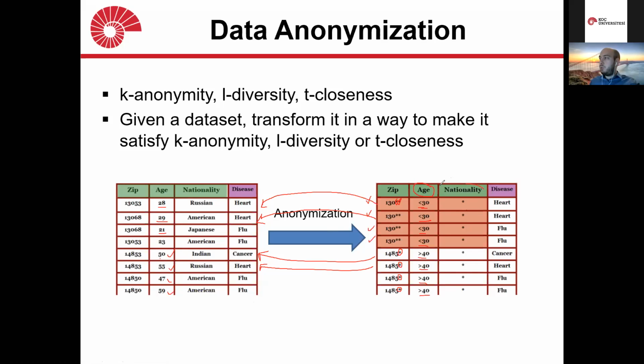For the nationality attribute, you can see all of the nationality values are replaced by star, right? So here the original nationalities are things like Russian, American, Japanese, and here they are just star, no nationality information is given. So this is actually called the operation of suppression. So we suppress these values, we remove them from the data set